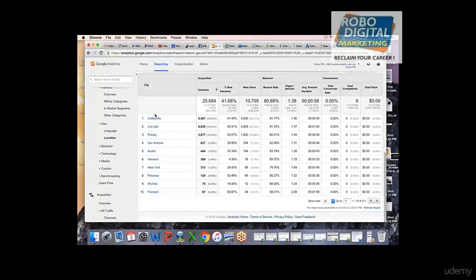The next thing is the behavior. Behavior is where we can see the bounce rate and all. Earlier we have seen the bounce rate, but here we can get a better idea.